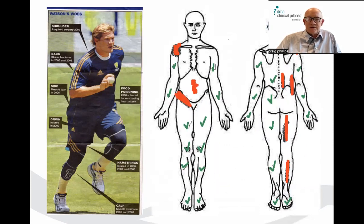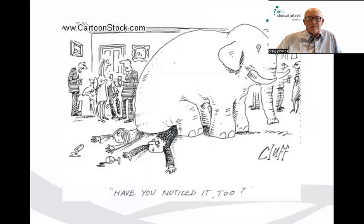This pattern of one-sidedness is an 80% factor. Major teams going from the captain down, one-sided problems. We've pulled them out, we're looking at them. How do we use this? Because it is an elephant in the room. Now,